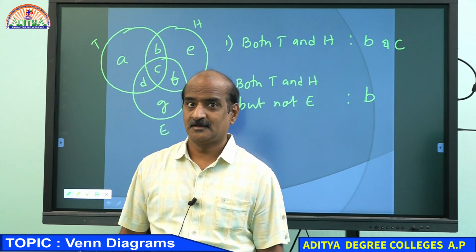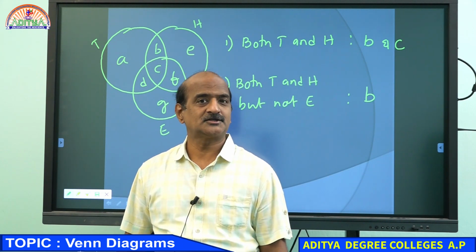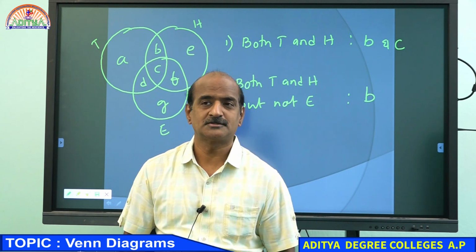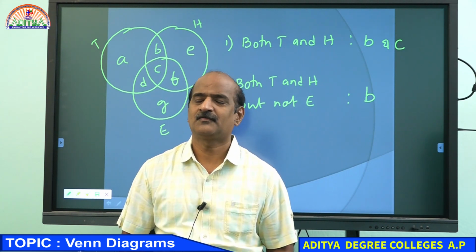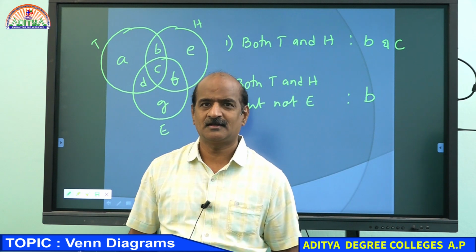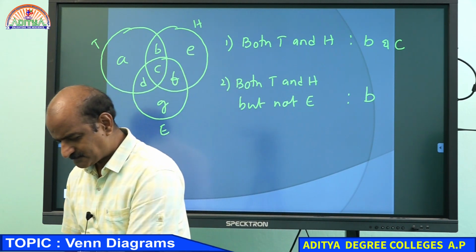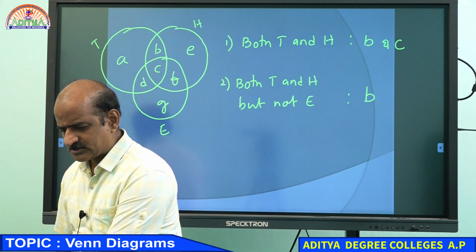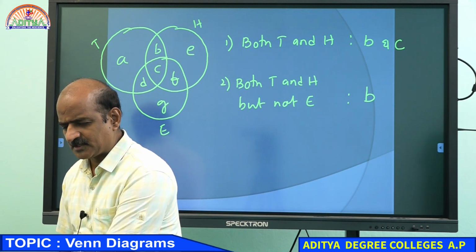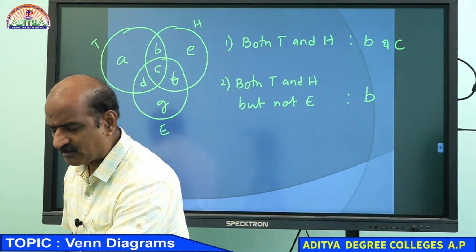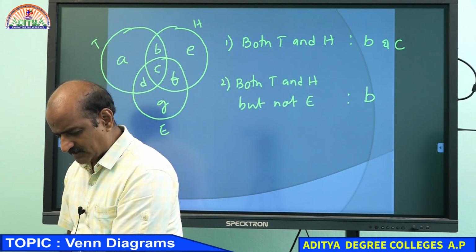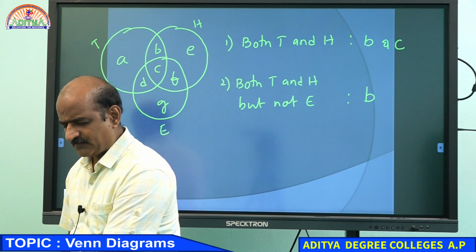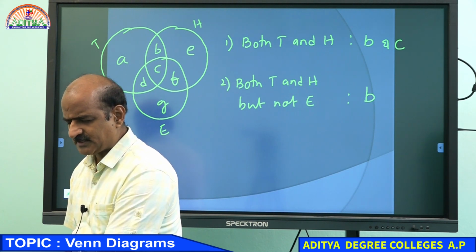Be careful. This topic is not as easy as it actually appears, because some of the questions are very complicated. You will find it too difficult if you are not confident enough. I hope you understand this. So question number 1, B and C together. But for question number 2, we have to take only B, because in question number 2, I specifically mentioned not English. If I said not English, you have to delete C, right?